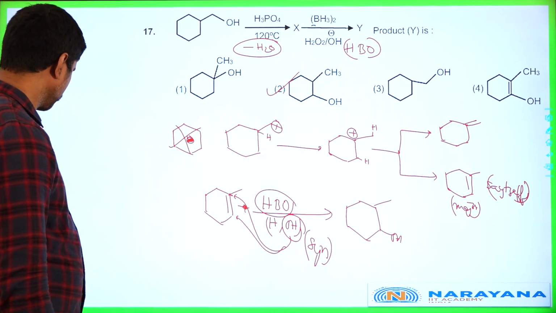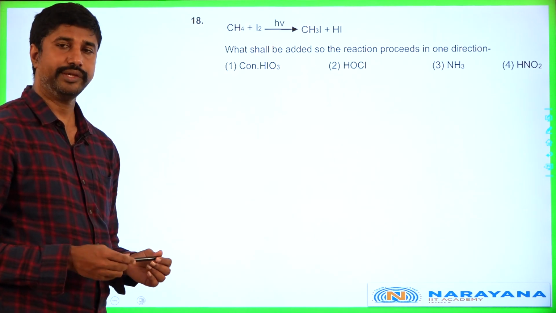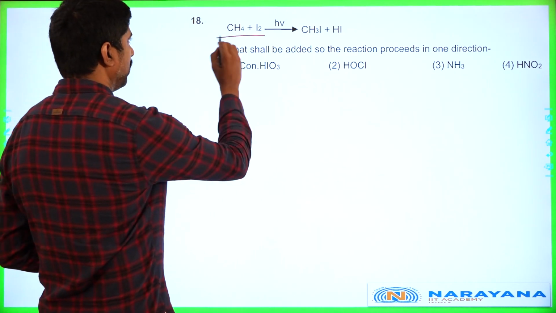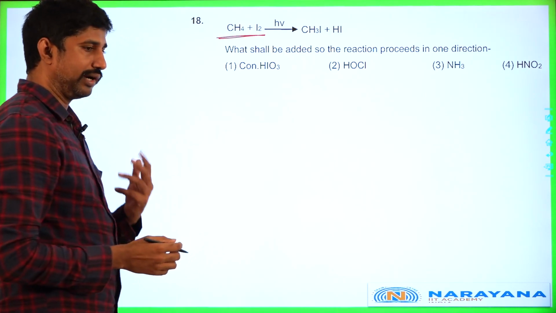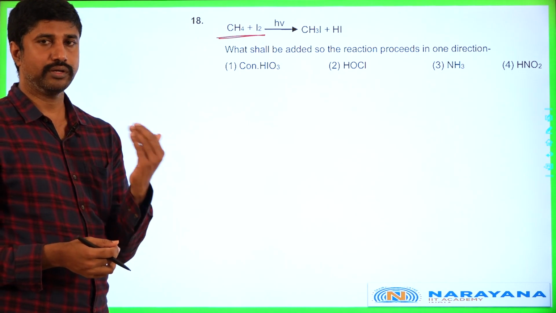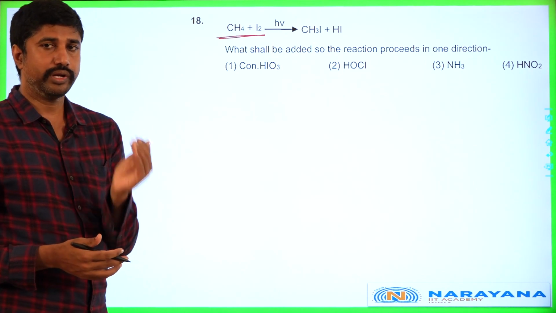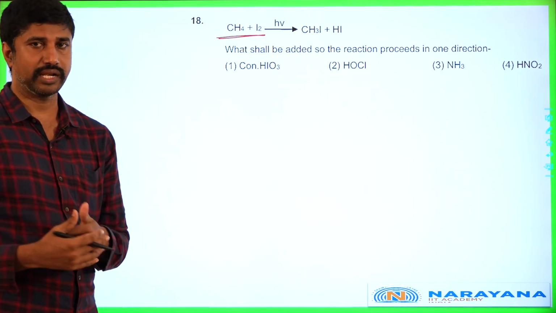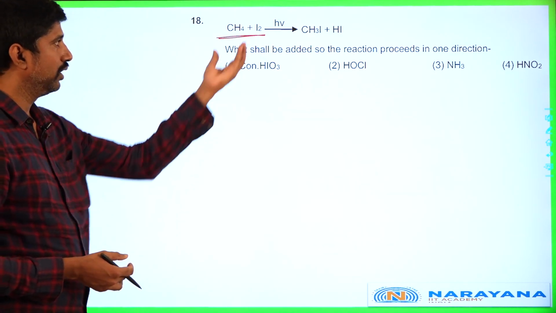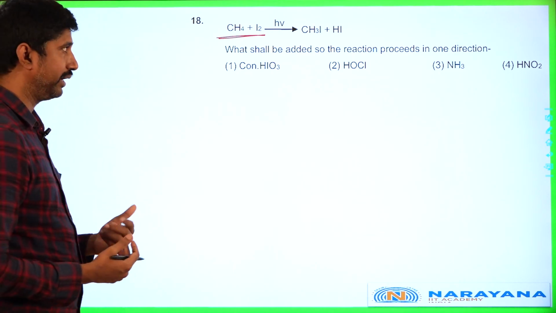Next. So question number 18, CH4 on treatment with iodine. So halogenation of alkanes: fluorination, chlorination, bromination and then iodination. Fluorination and chlorination are rapid. Fluorination takes place even in the dark. Chlorination takes place in presence of sunlight, and bromination also on slight heating. But iodination is reversible and not a favorable condition.